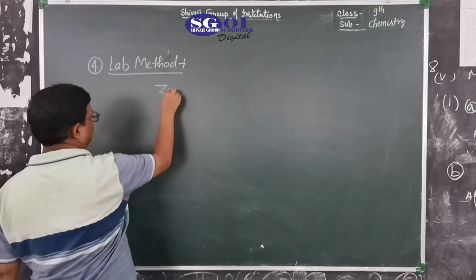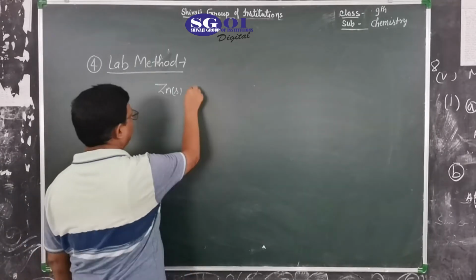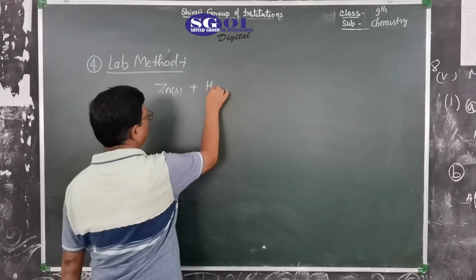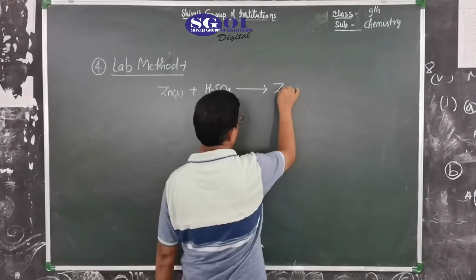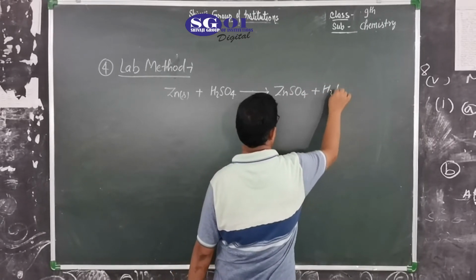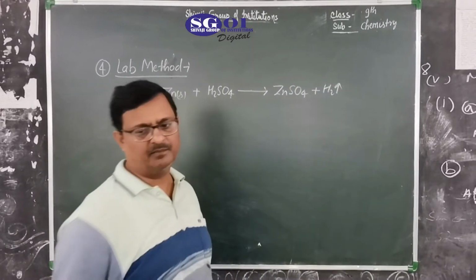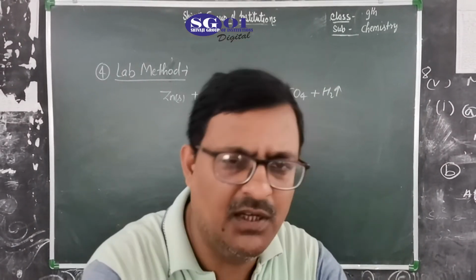Zinc granules exist in solid state; small pieces of zinc react with H2SO4 to give ZnSO4 with the evolution of hydrogen gas. Okay? By this reaction, you have to prepare hydrogen gas in the laboratory,